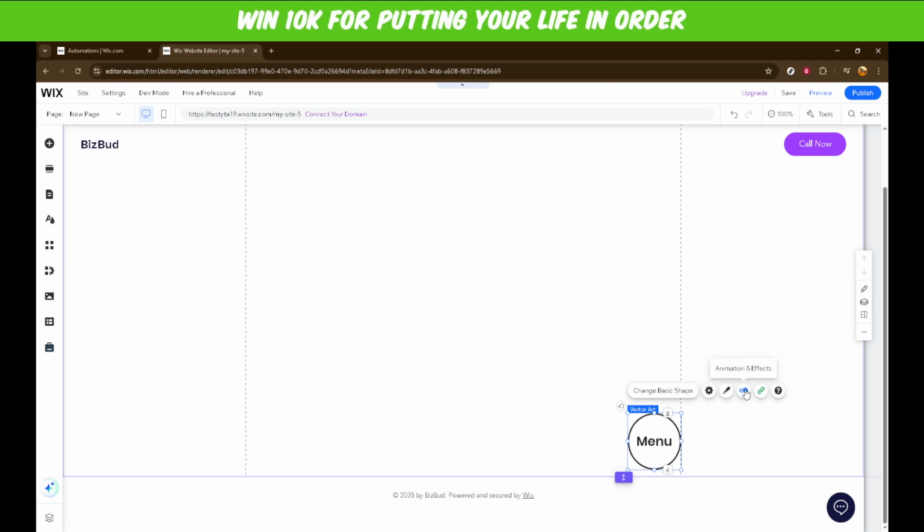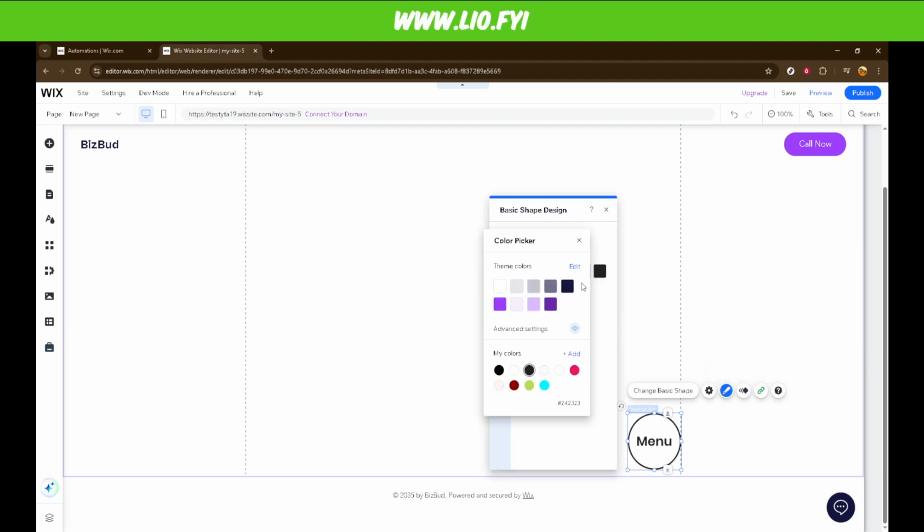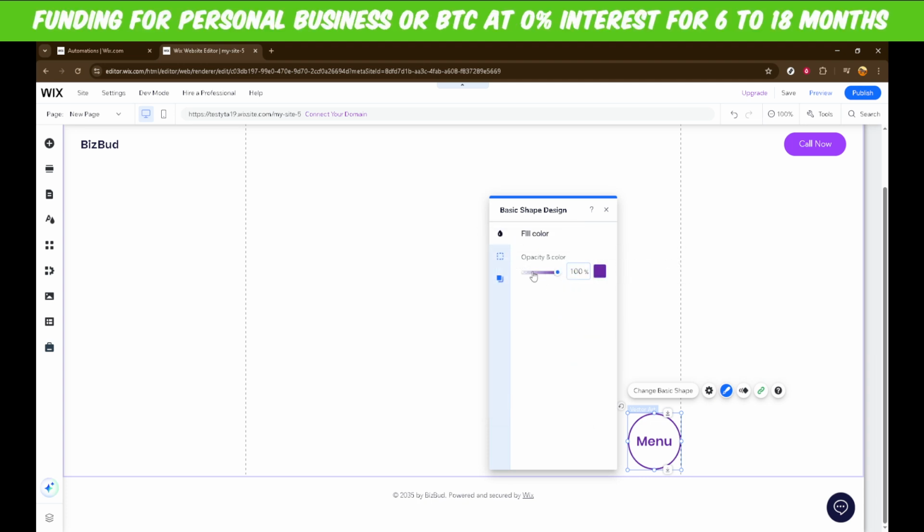Finally, to give your menu button a polished, cohesive feel, click on Design. This section lets you adjust colors, sizes, and other stylistic elements so that it seamlessly fits into your site's design. And there you have it, a custom menu button added to your Wix website, enhancing both its